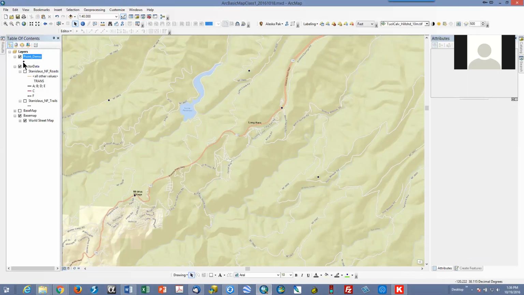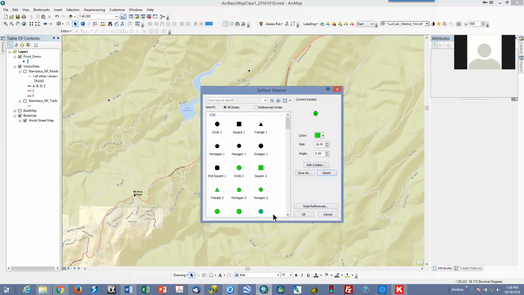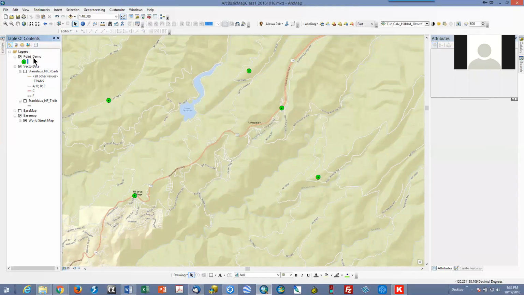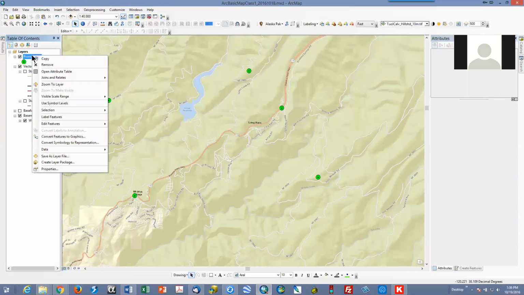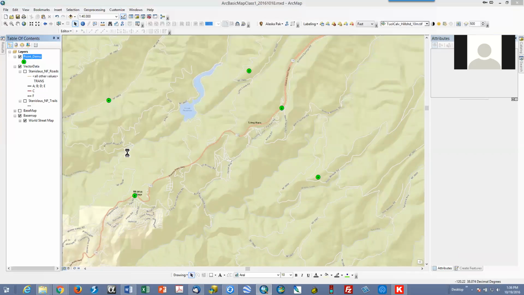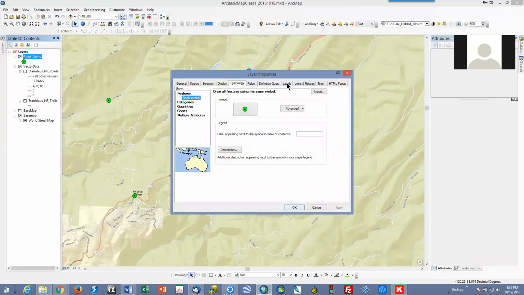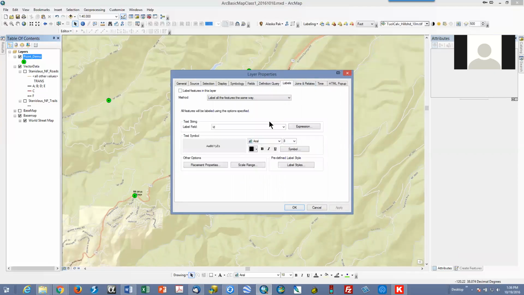So those are pretty tiny little symbols. So just for us working on it, let's change it to a larger symbol. And now, if you remember from the previous video, well, first let's label them. So you right-click and you go to Properties, and you choose Labels. And the label field, we will choose Label, though it can also be class if you want, and it can actually be both. And you do that by using an expression, and I'll show you that. Then you choose the typeface, so Arial, let's go with that, and let's go with 12. Let's make it bold, and we have to check label features in this layer, and